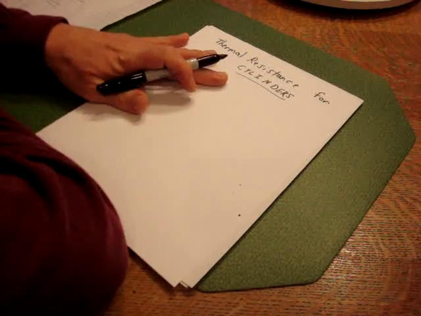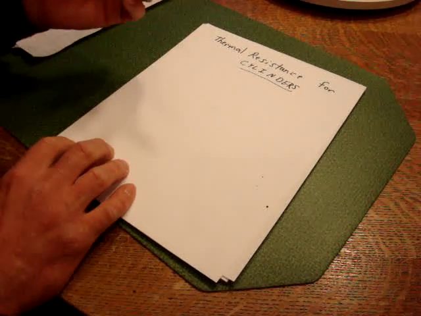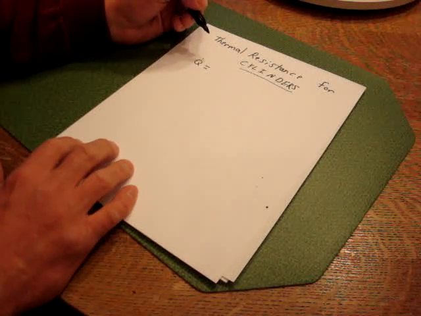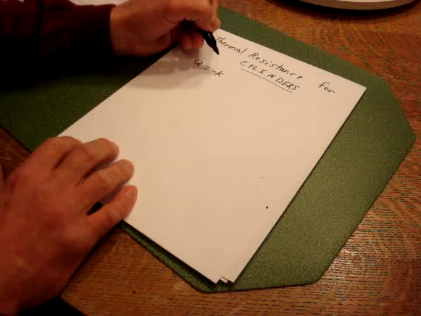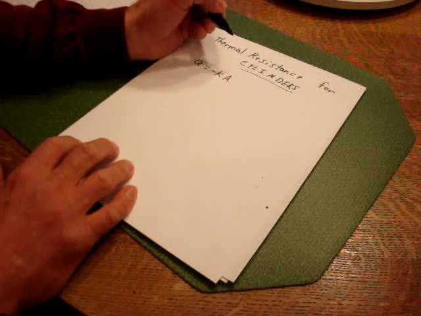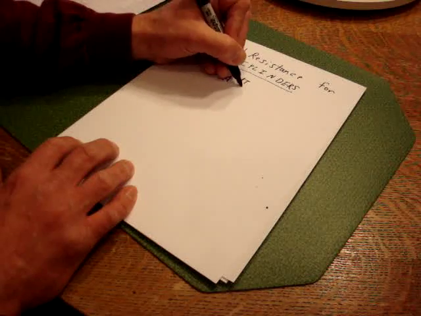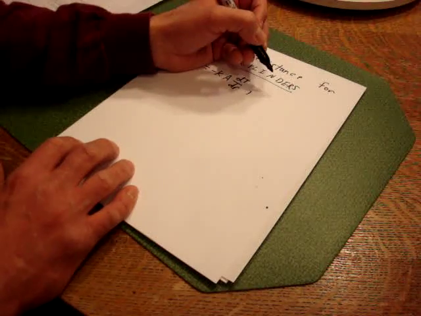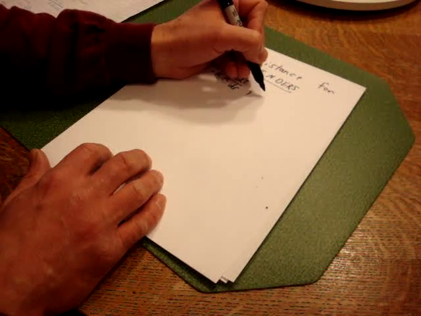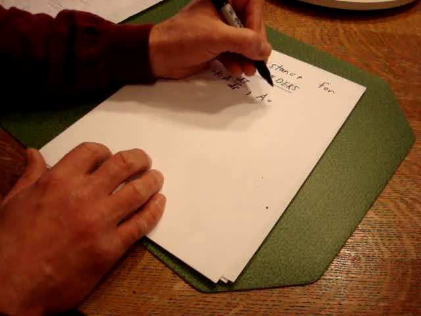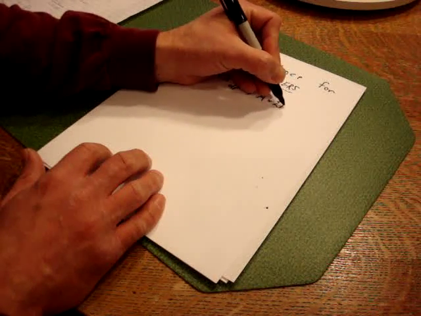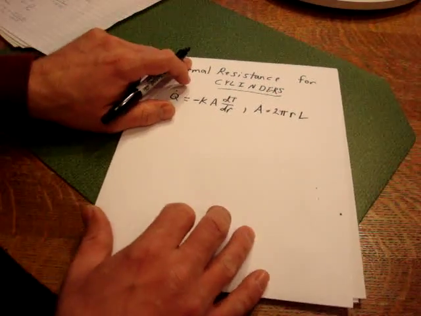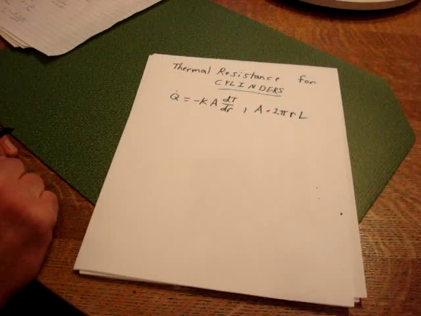If we start with Fourier's law of conduction, we know that the heat transfer rate can be calculated from minus K, the thermal conductivity, times the area, times dT/dr. We're here again talking about a cylinder, so our area would be the surface area, so we're talking 2 pi times the radius times the length. Okay? And as far as the geometry goes,